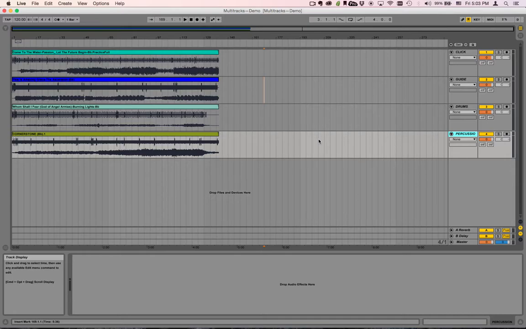So the only drawback to doing it this way, to exporting all of this audio down to one file, is your rehearsal time can be a little bit tricky. Most of the time you'll probably just start back from the very beginning of the song and just do full run-throughs of the song. And by the way, I actually